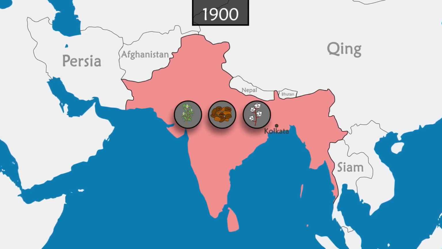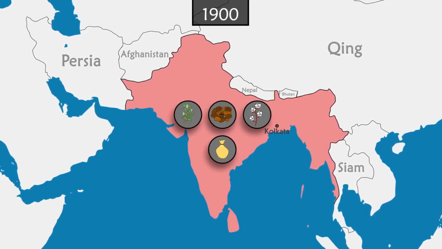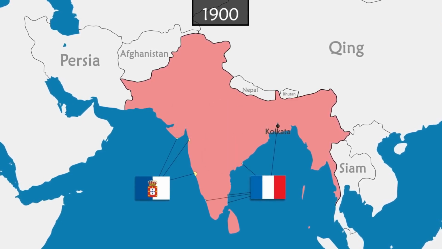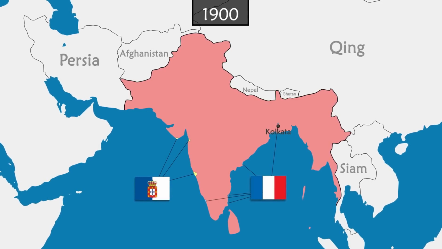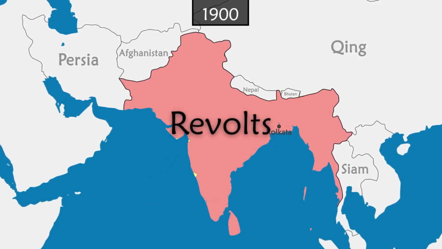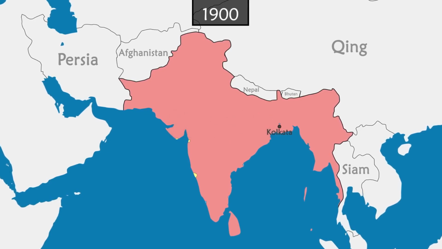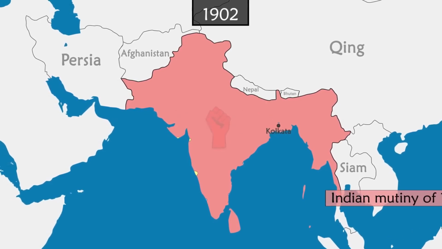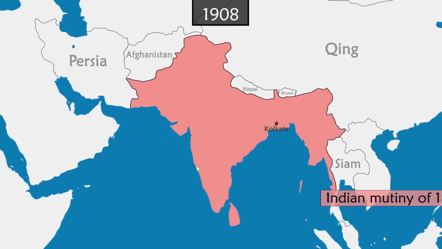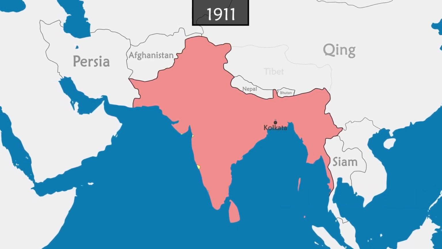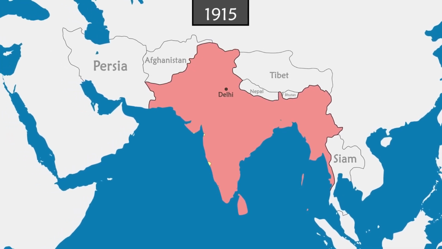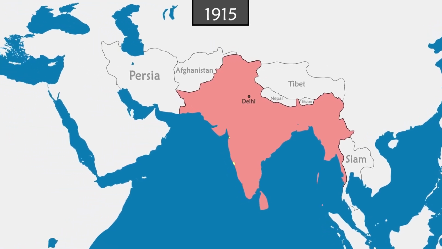The Indian colony serves as a significant source of wealth for the British Empire, contributing commodities such as tea, coffee, cotton, and various tax revenues. Although Portugal and France retain control over minor territories, these regions remain heavily reliant on the British colony. While anti-British uprisings in the 19th century were suppressed, the early 20th century witnesses a resurgence of nationalist